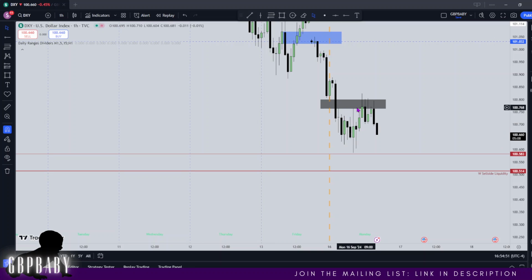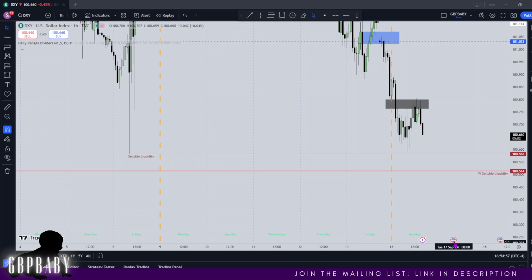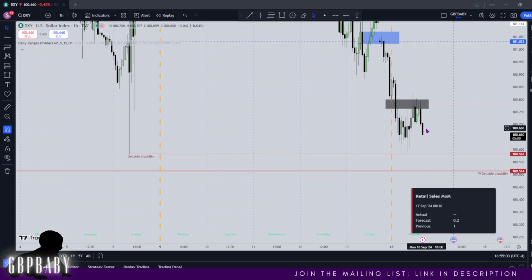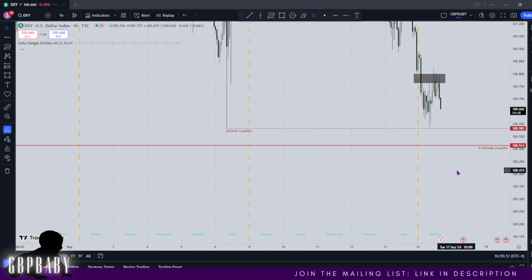You can see how we pull back into this range, a little bit of consolidation. It is quite heavy still, and it is at 4 p.m, which is quite interesting. There is high impact news on Tuesday, so it'll be nice to see where we are at that point. If we still haven't grabbed these south side liquidity stops by 8:30 tomorrow, by this news release, then I'd like to see price try and attack those. If we have, then I will be a little bit more wary, and it's possible price may continue to run,